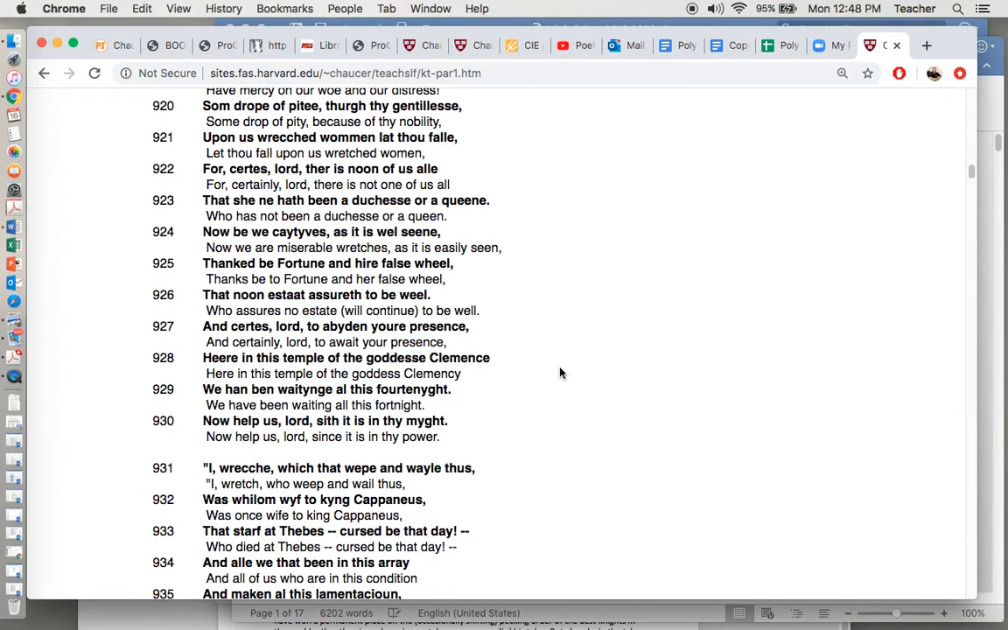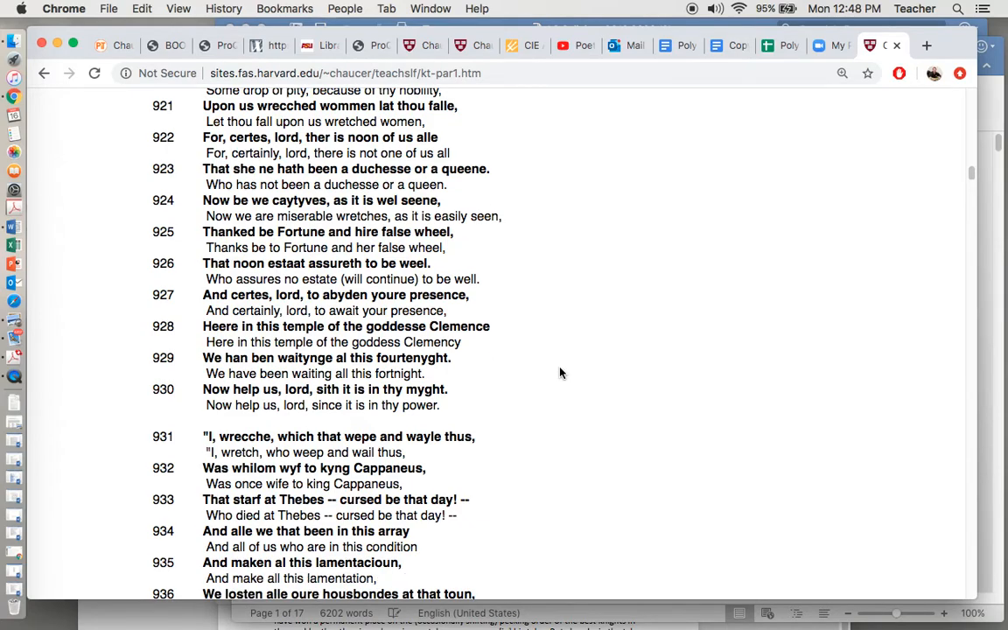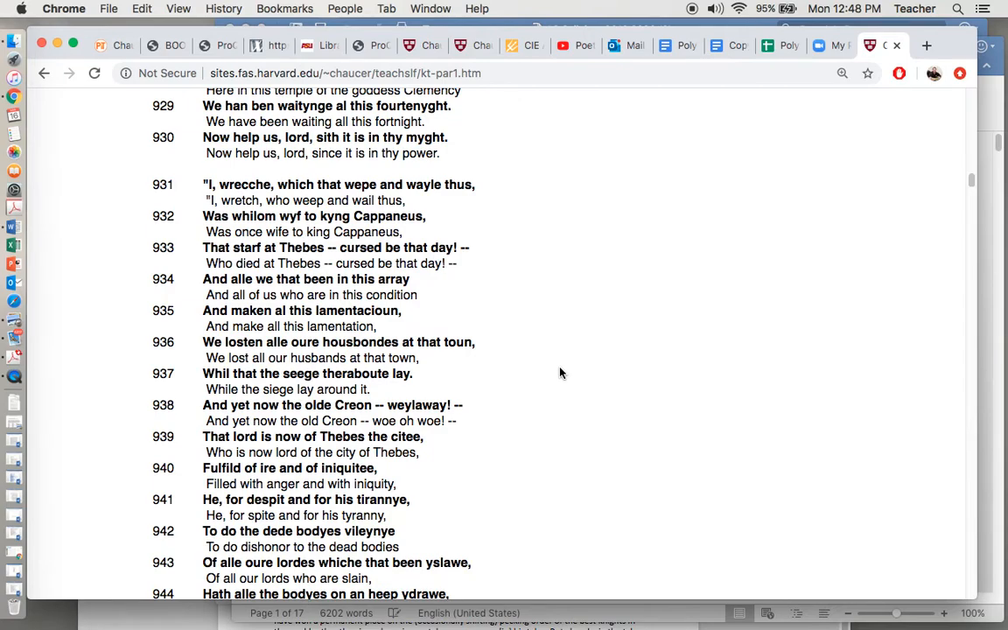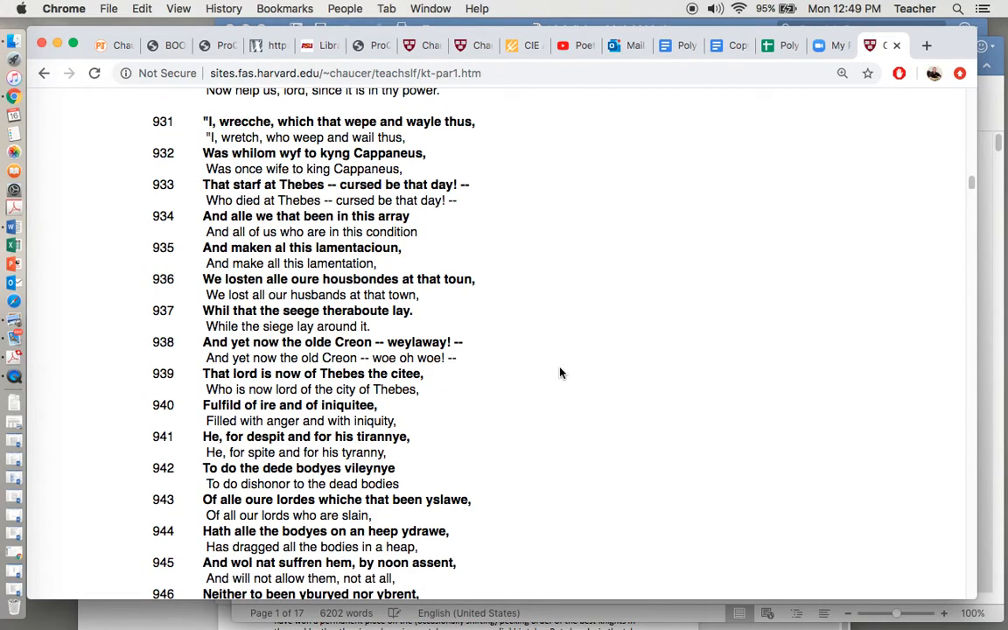E richa, which that weapon while thus was whilom wife to King Capanius, that starve at Thebes, cursed be that die. Okay, starve, starved. To starve in Middle English, a lot of the time, actually just means to die. So they've translated this correctly, and that's something you might want to make sure you get into your notes because we're going to run into that again and again, and it's a little bit confusing if you don't have an interlinear translation like this. So she was the queen, and her king died at Thebes,